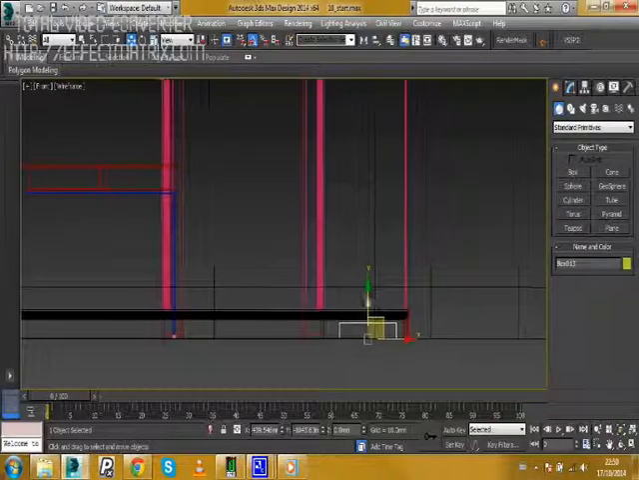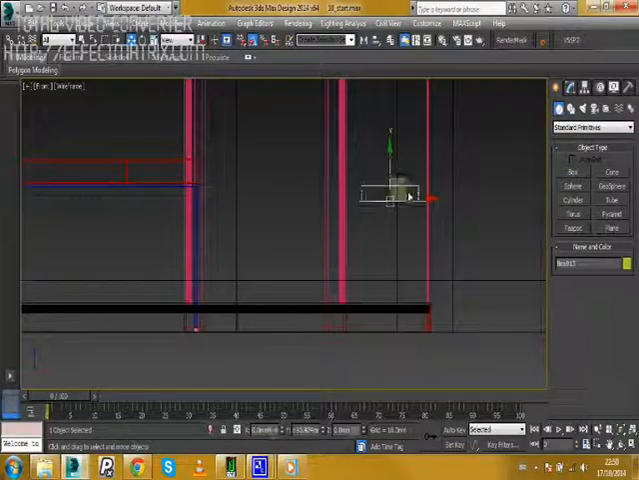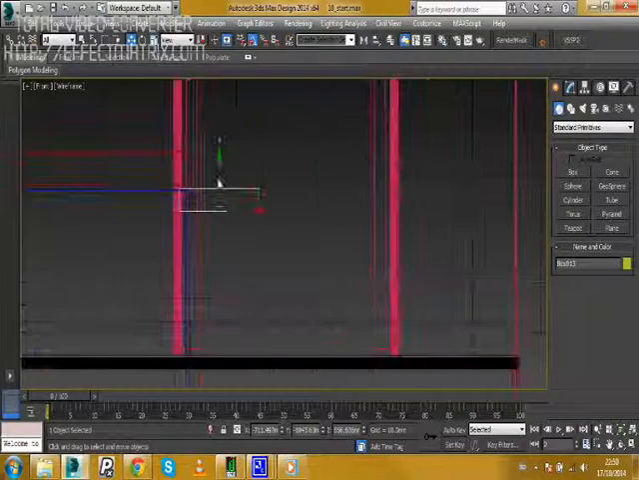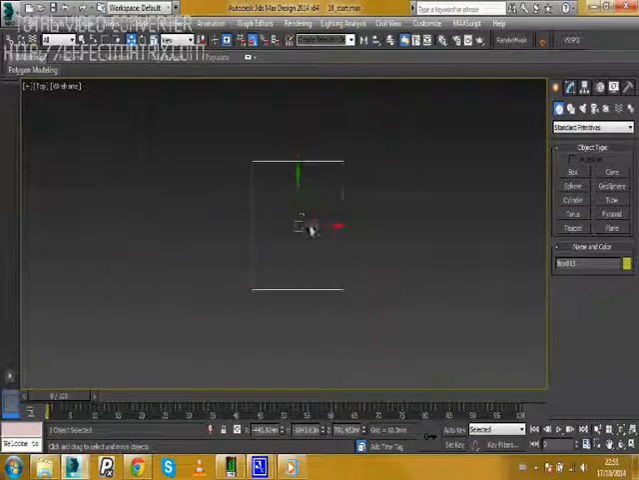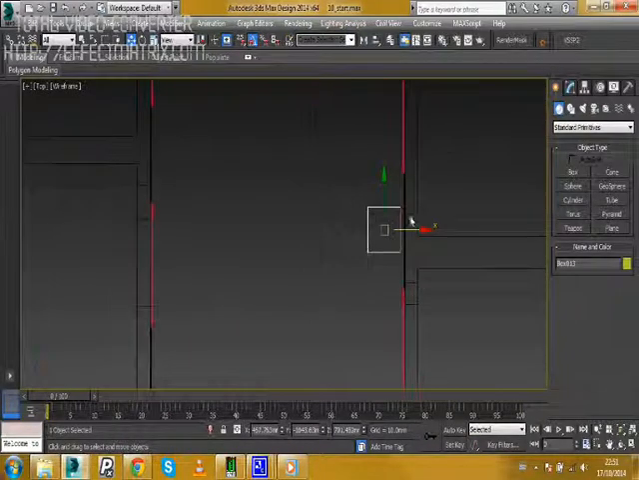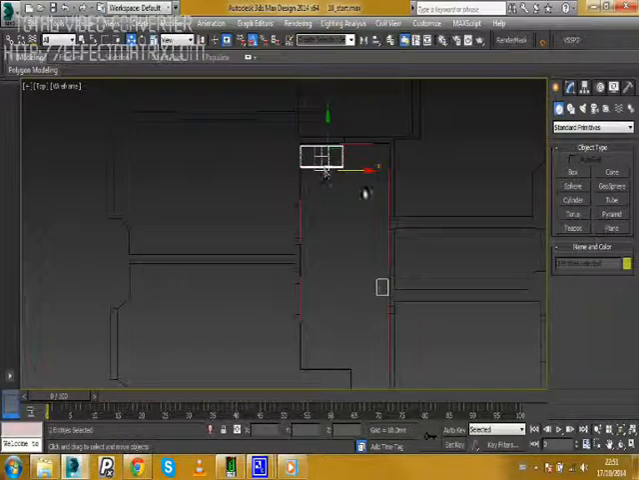Go to your front viewport. I'm just going to pull this up to around just at the top of the legs here of the console table, and just pull it back over. If you select the console table and the box we created and isolate these,